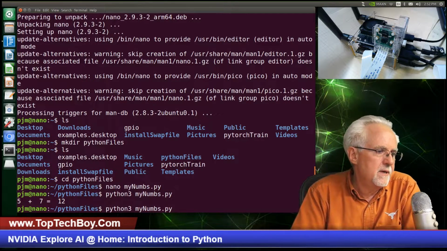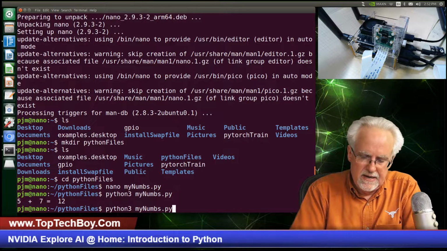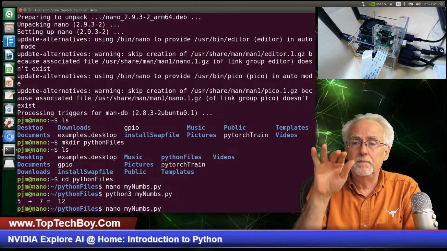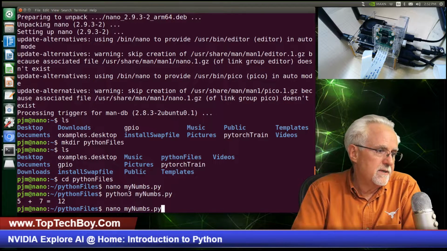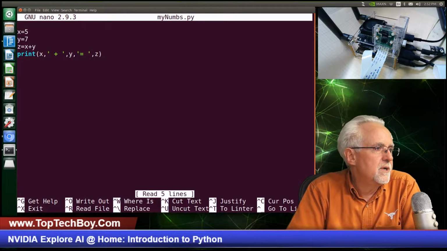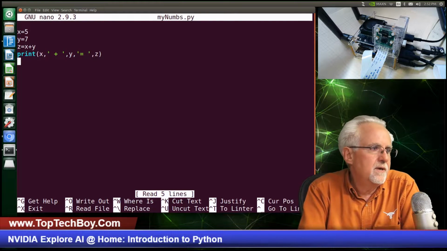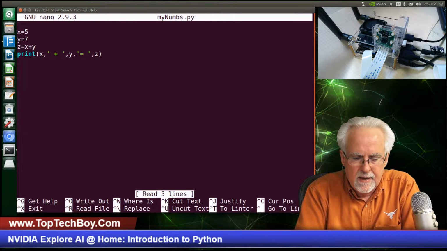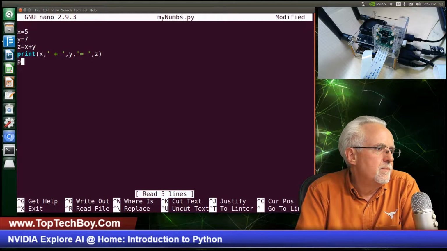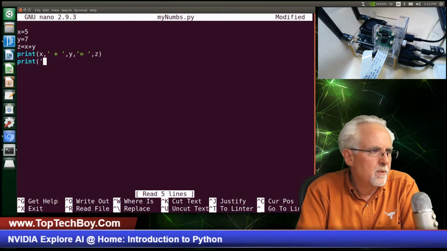Let's come back up here and let's nano it again. I'm hitting the up key to get my old commands back to save time. That's a little pro tip there. Okay, so that is kind of neat. What we could also come down here and say, we could say print, and we could print